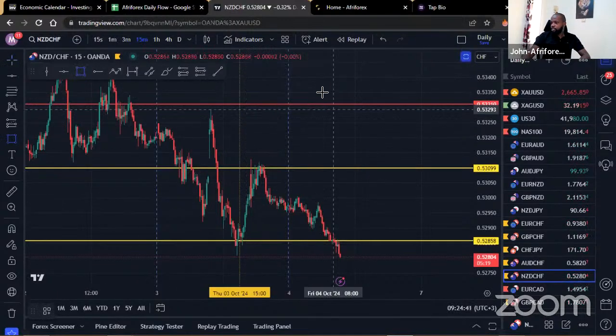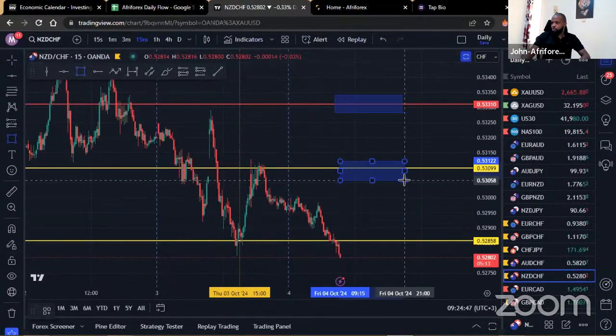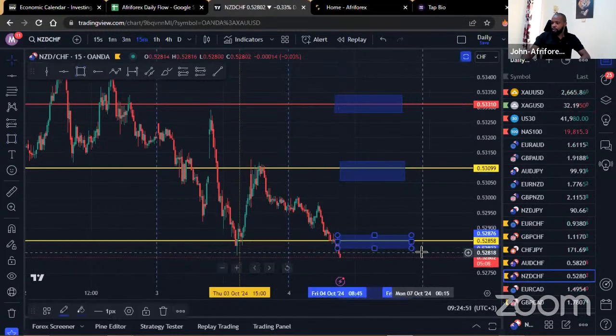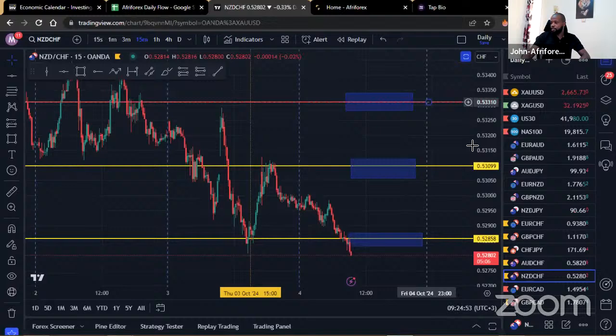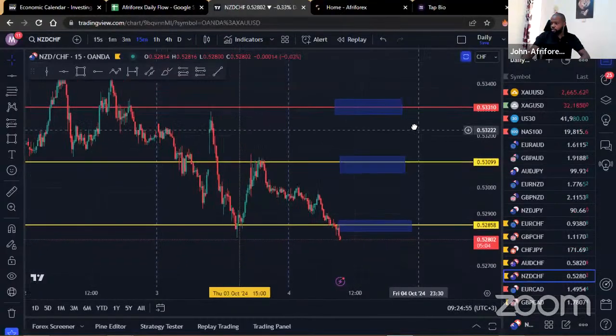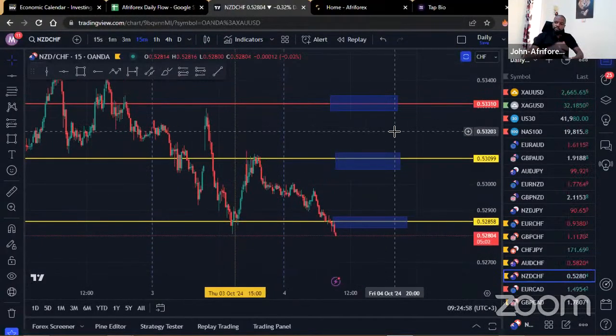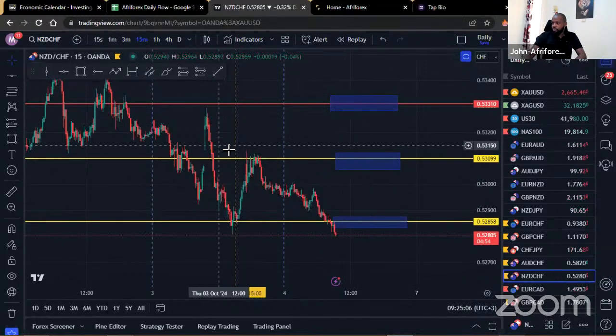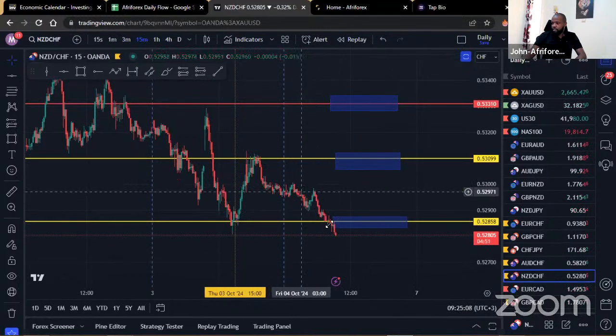So last but not least, on the New Zealand dollar pairs, we have the New Zealand dollar against the Swiss franc. For this one, for today, also a new entrant. It seems like it's moving in an identical manner to the Australian dollar against the Swiss franc. It's coming down, but it may have more to do with Australian dollar and New Zealand dollar weakness, and maybe not much to do with the Swiss franc. That's the reason why this one is coming down. But let's see what happens.